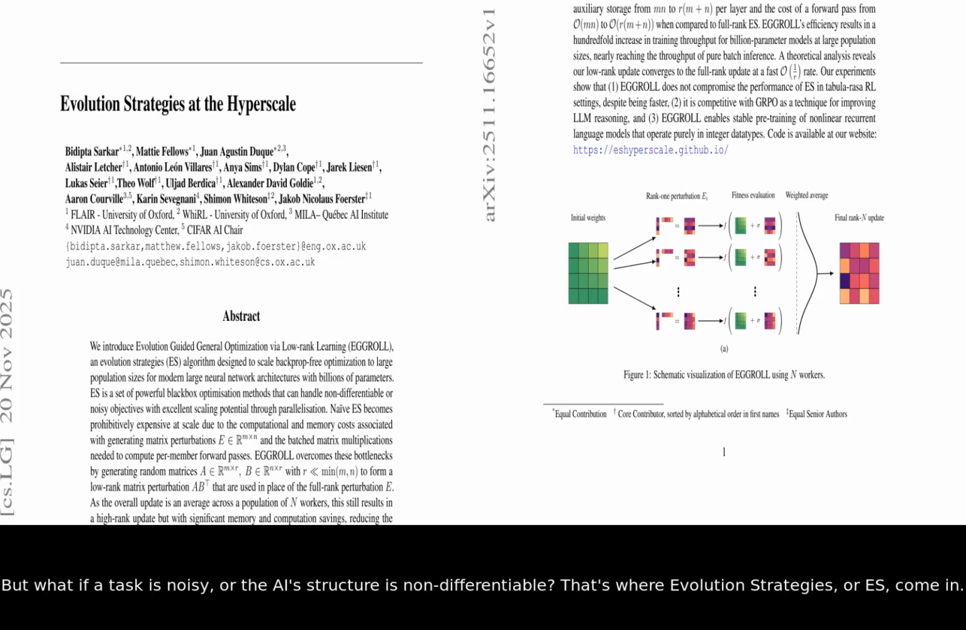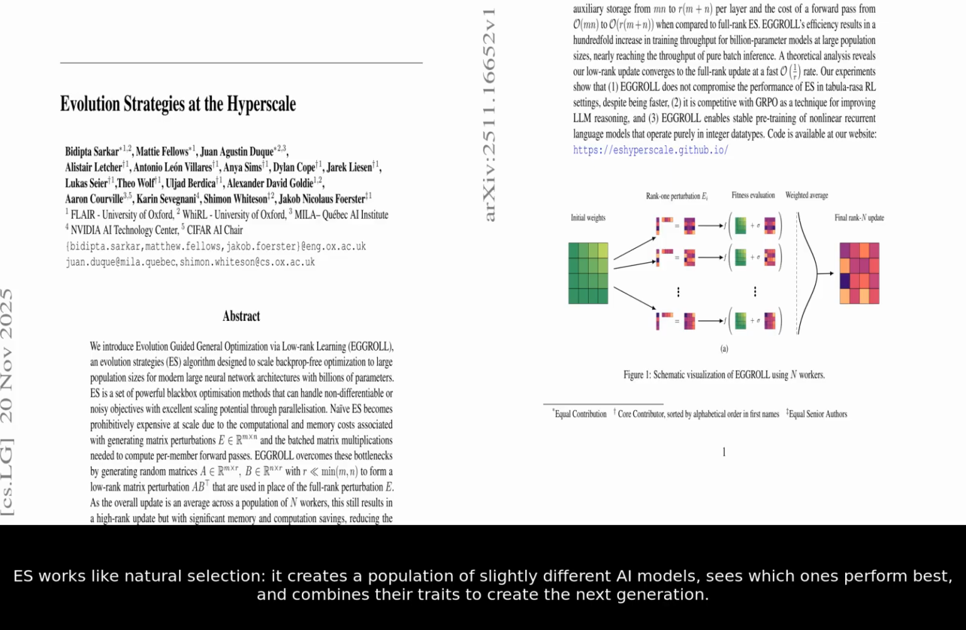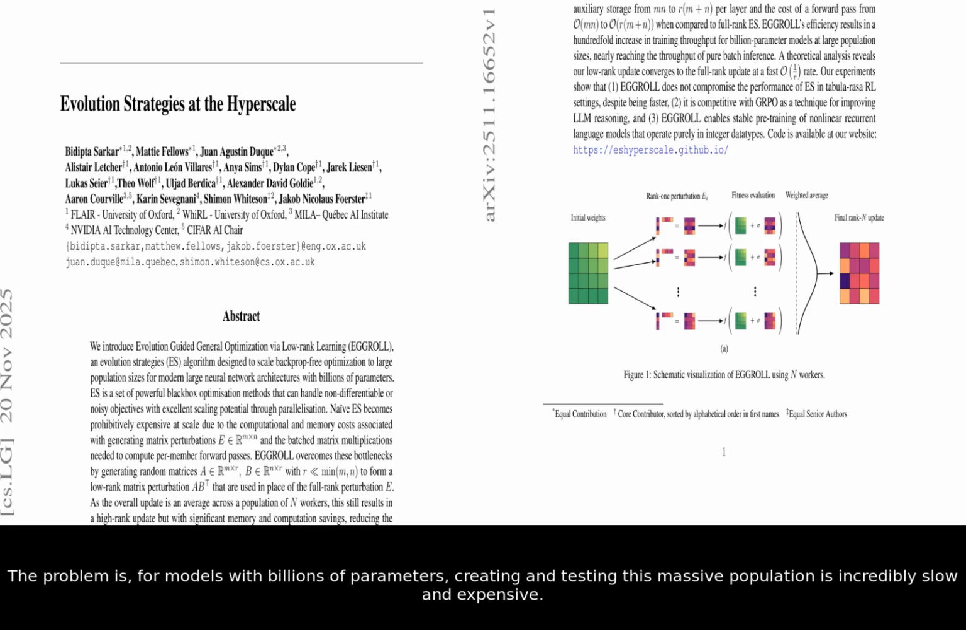That's where evolution strategies, or ES, come in. ES works like natural selection. It creates a population of slightly different AI models, sees which ones perform best, and combines their traits to create the next generation. The problem is, for models with billions of parameters, creating and testing this massive population is incredibly